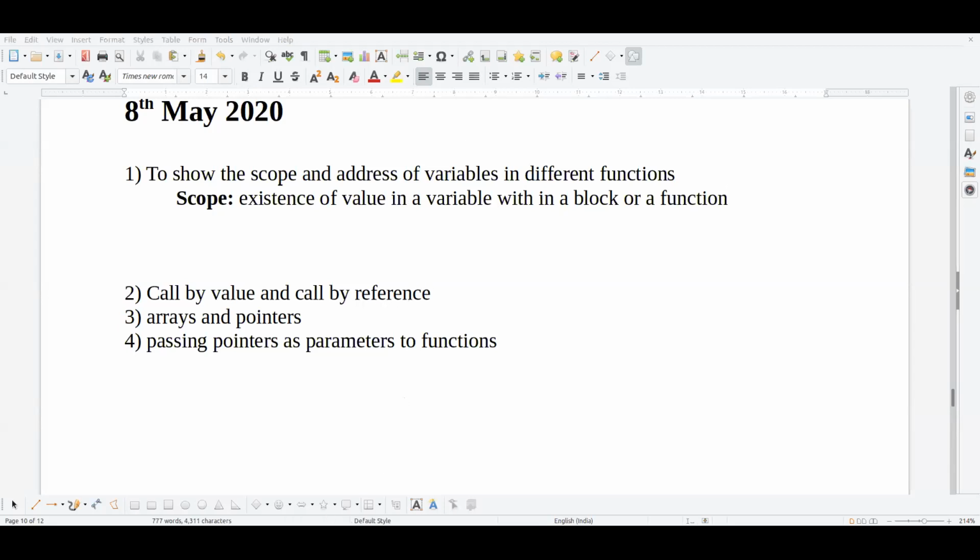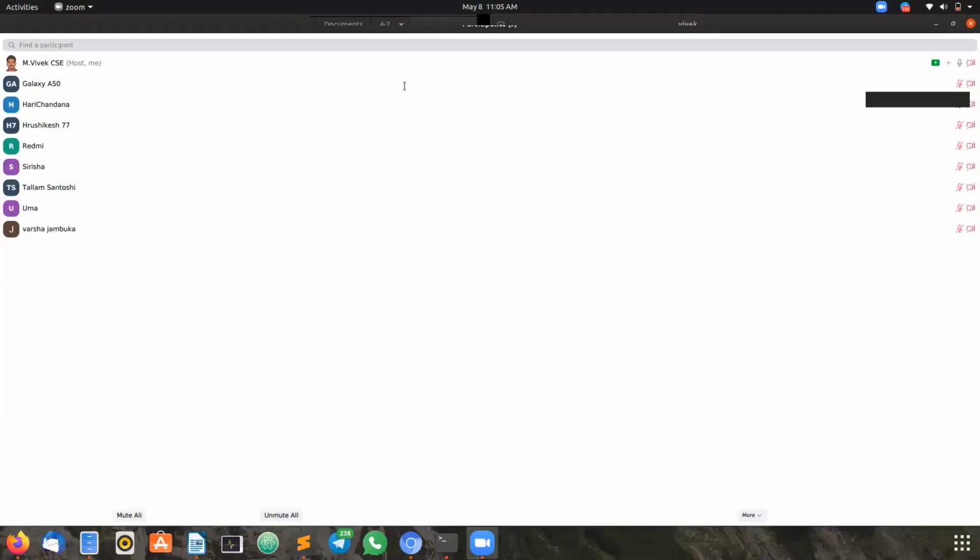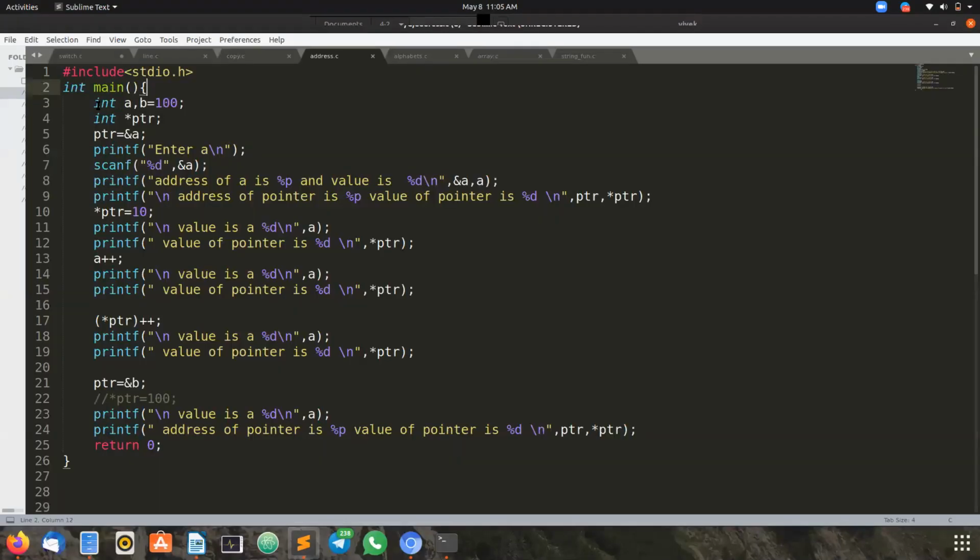I'll show you with the program. We have declared the variables a, b, and pointer. So the scope of these variables is within the main function.